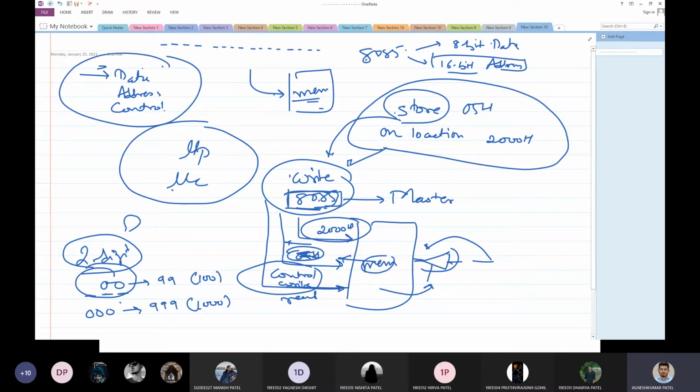My unique addresses will range from 0000. This is binary representation, so it would start from all zeros because it is 16-bit, and my maximum address can be all ones.